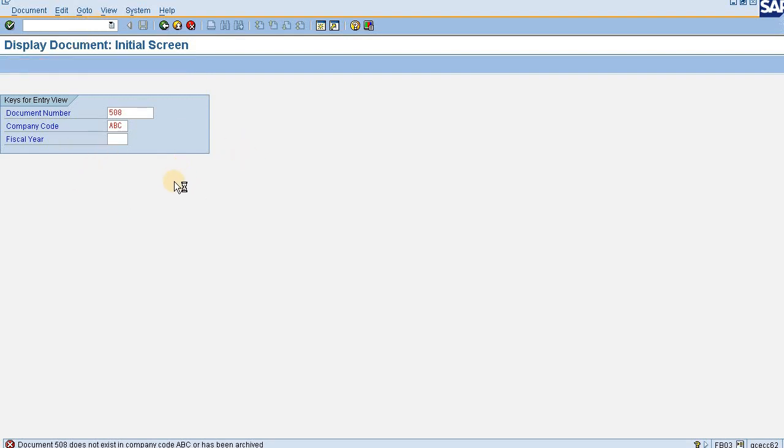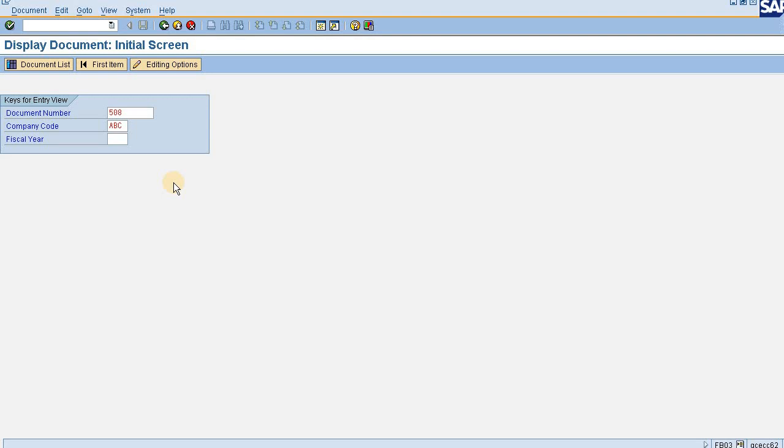Now this time it got updated. Sometimes it happens, as this is the IDES system, that the document gets posted but in the background the table does not get updated within the same time. It takes a few seconds to update at the table level. So it is being displayed, however the system is a bit slow. Once it is displayed, you can see that the reference field has got updated as per the posting date as maintained in the substitution.